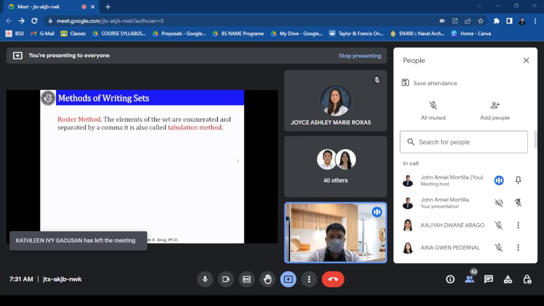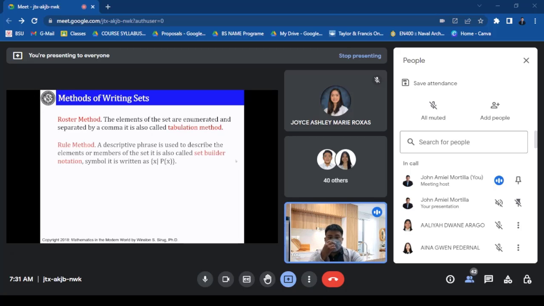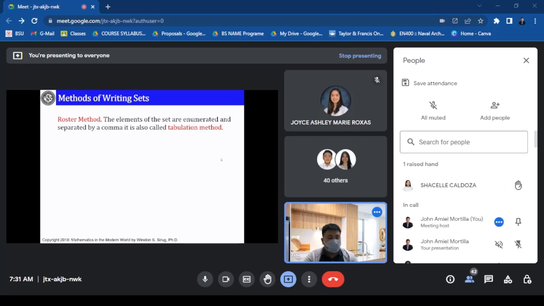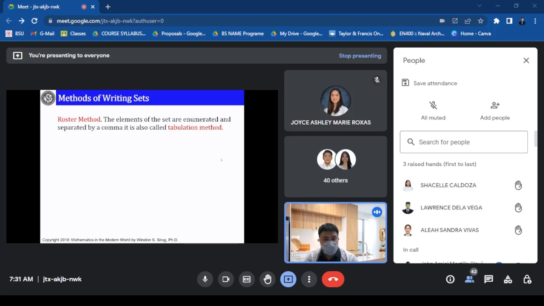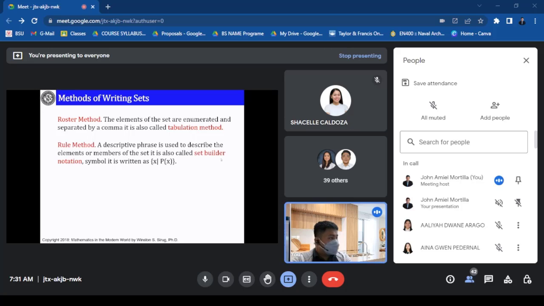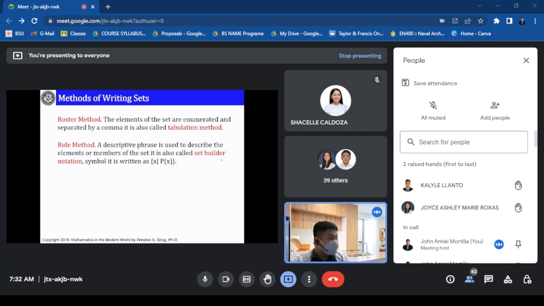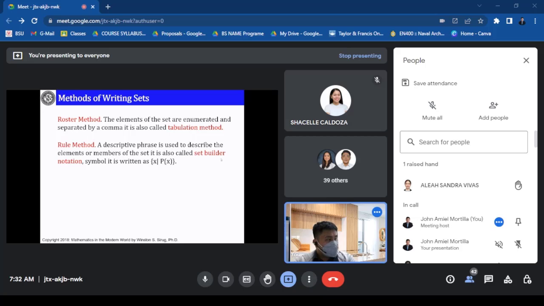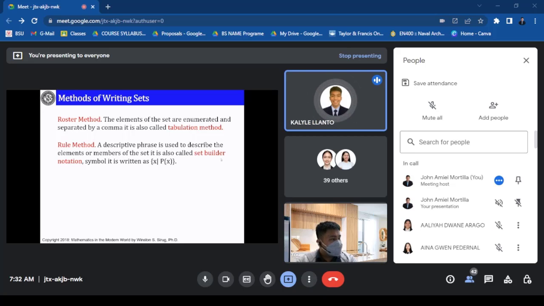Okay, so methods of writing sets. Can anyone please read? Okay, Shaisel. Roster method. The elements of the set are enumerated and separated by a comma. It is also called tabulation method. Okay. So next, please read. Okay, Khalil. Rule method. A descriptive phrase is used to describe the elements or members of the set. It is also called set builder notation. Symbol, it is written as